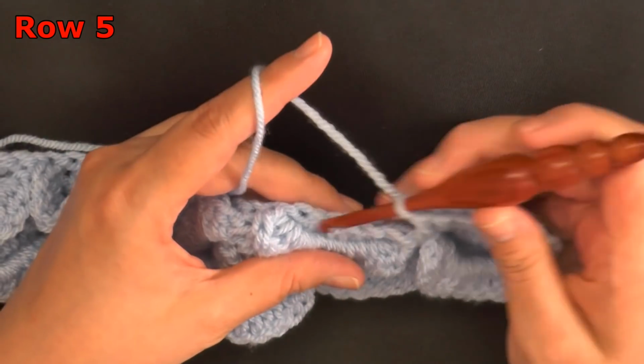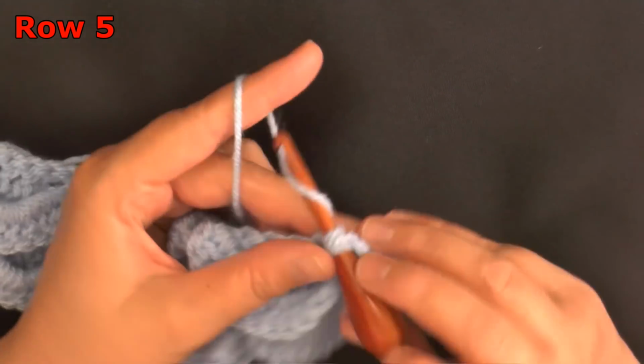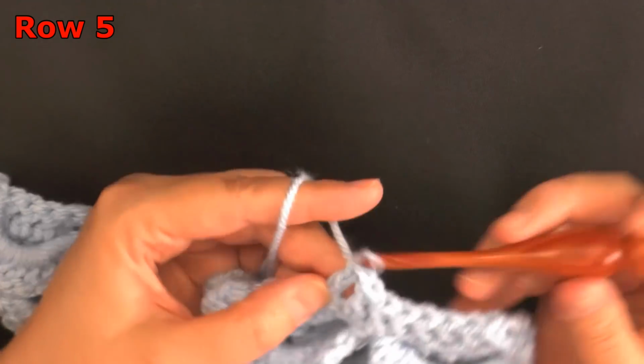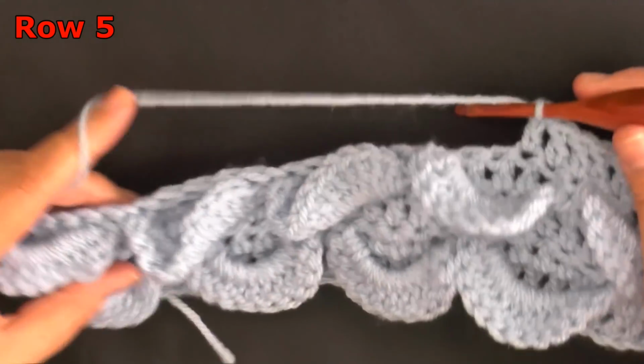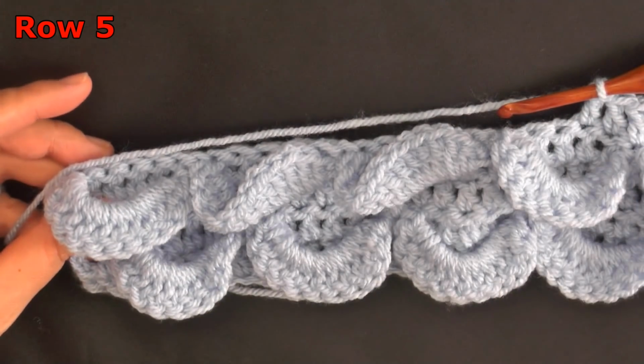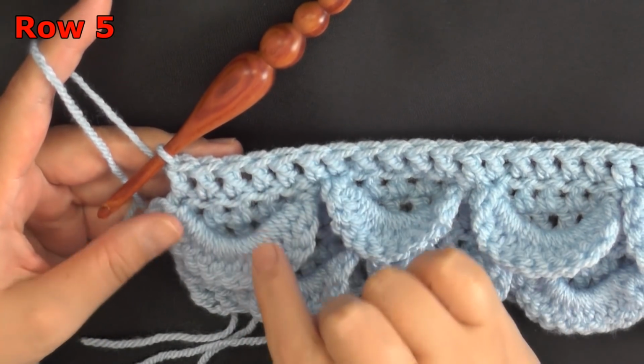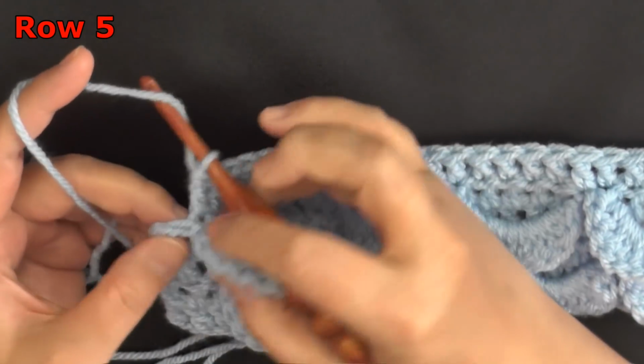And then now you want to work on your next 5 double crochets that are behind your feathers here. So continue that down your row and I'll see you at the end of the row. Okay, I just worked my 5 double crochets that were behind my feather here, and then I have a